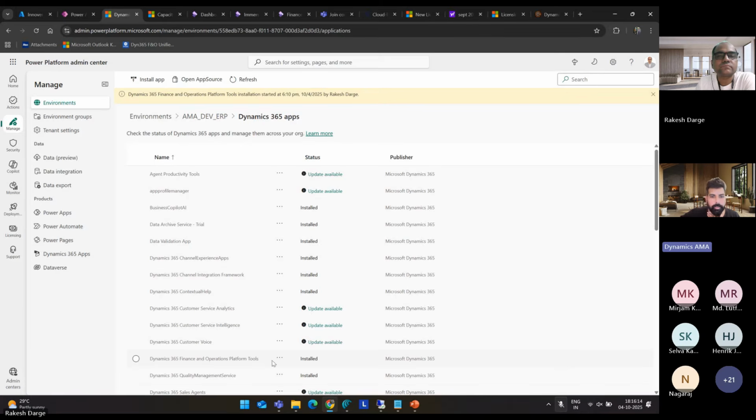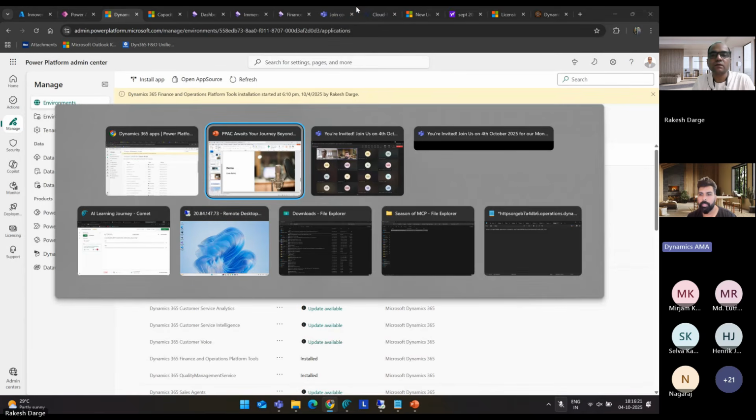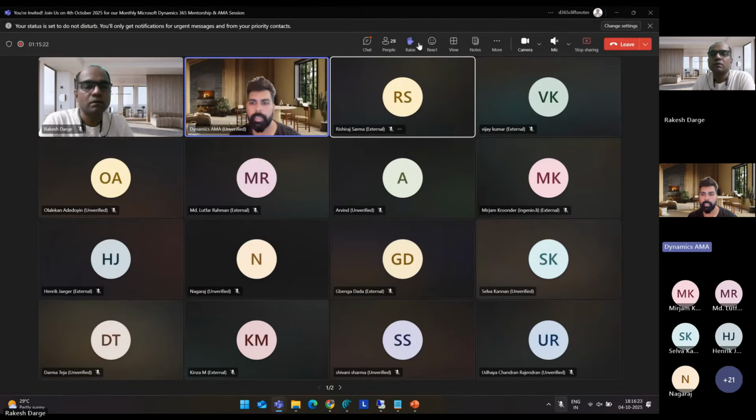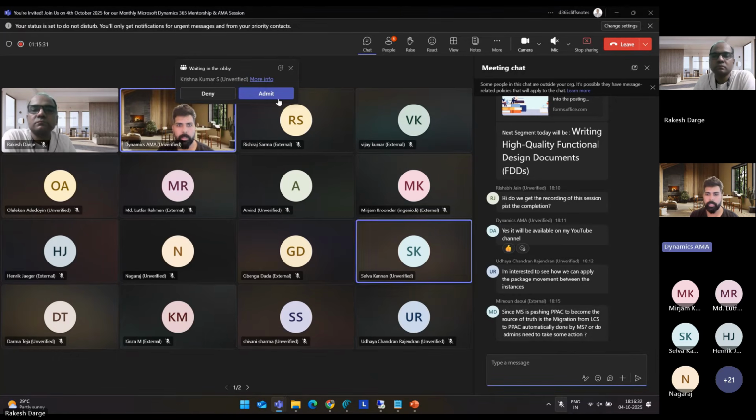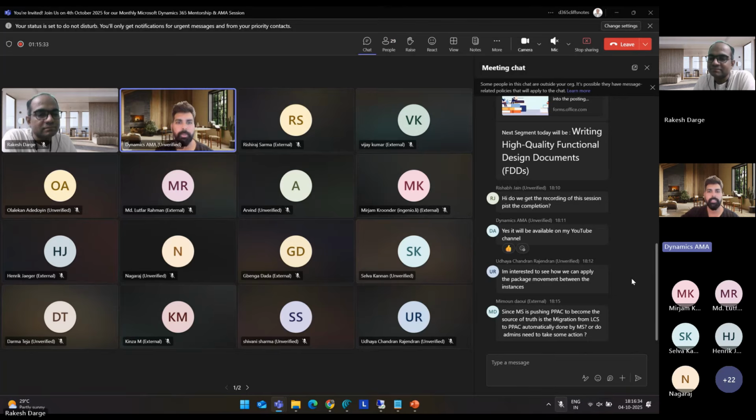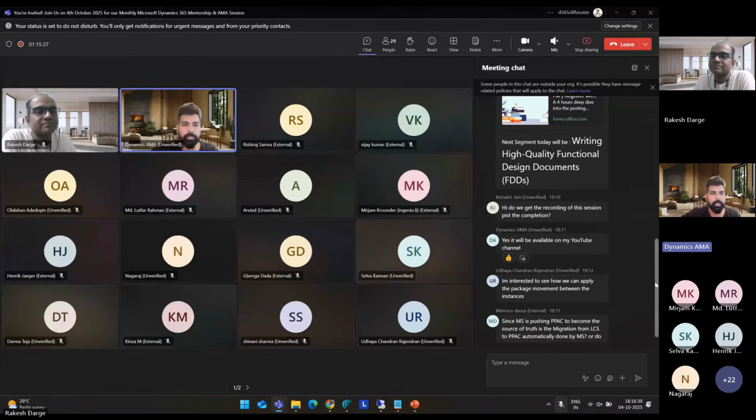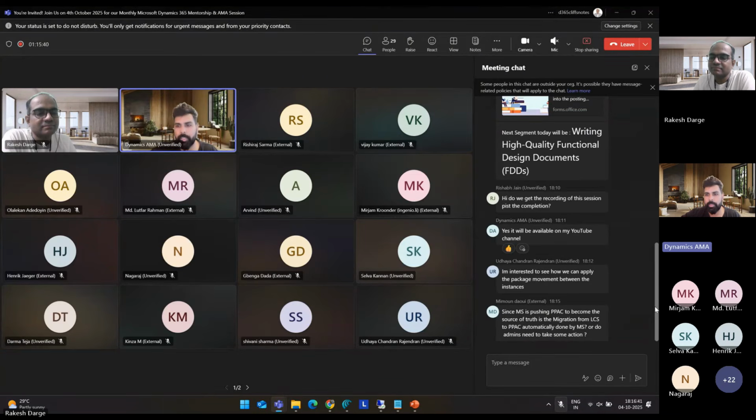Meanwhile, Rakesh, if it is still installing, there are two questions in the chat. One is about the package movement, how the deployment package will move when it is about PPAC. And another one is also very interesting, which everyone would like to know: since Microsoft is moving from LCS to PPAC, is it going to happen automatically or does anyone need to take an action on top of it?